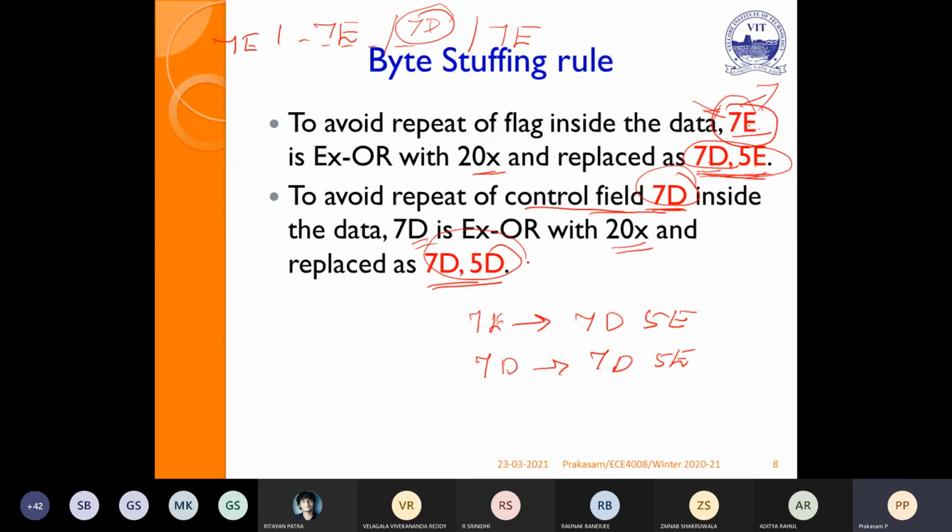So the byte stuffing rule: at the starting and the end, add 7E as the framing. If 7E comes in between, replace it. If 70 comes inside, replace that too.